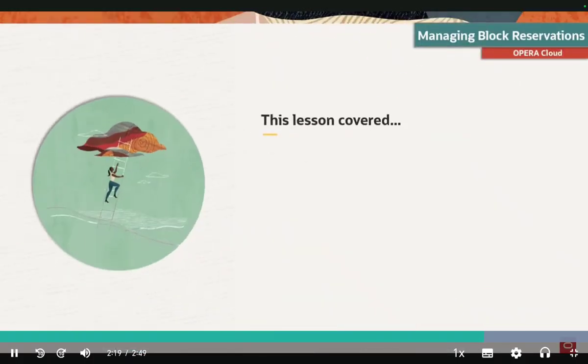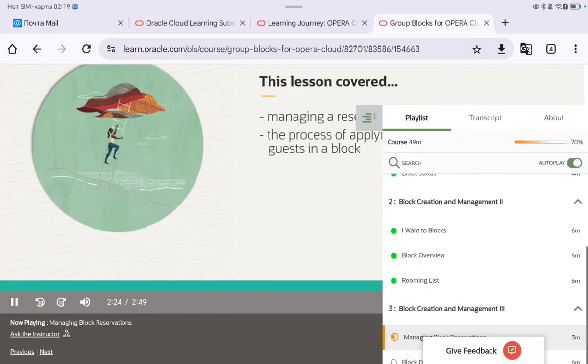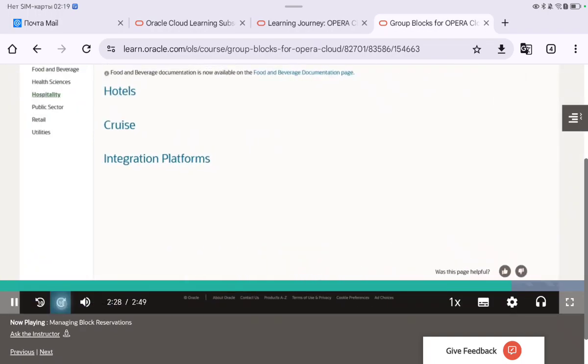This lesson covered managing a reservation for a block and the process of applying changes to multiple guests in a block. For more information on Opera, keep your